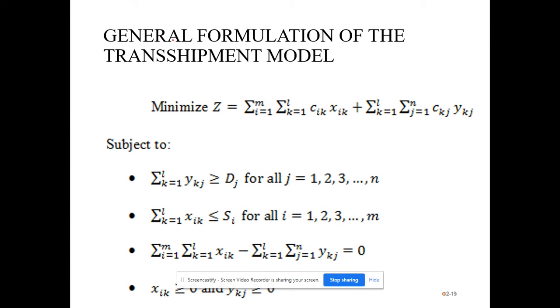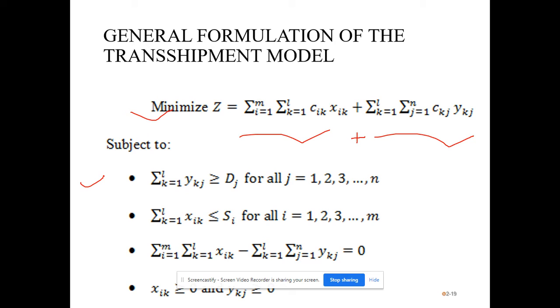So our general formulation of the transshipment model is: minimize the summation i to m, summation k to l, Cik into Xik, plus the summation k to l and j to n, Ckj into Ykj. So you can see it's a summation of the first stage and the second stage. Both the costs are added and we are minimizing the total shipment cost of stage 1 and stage 2 in this transshipment. And now we have, you can see